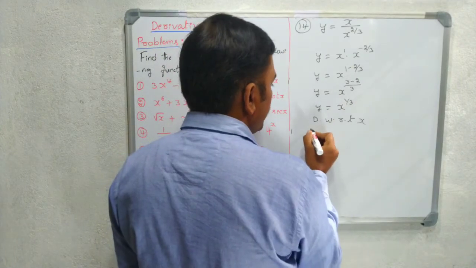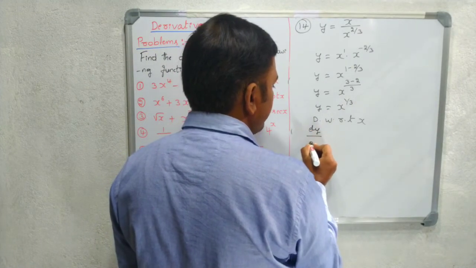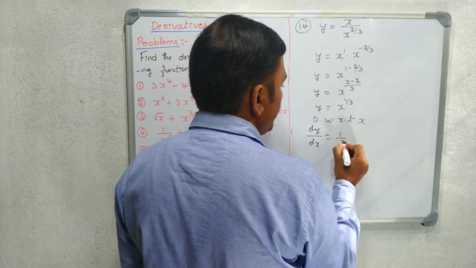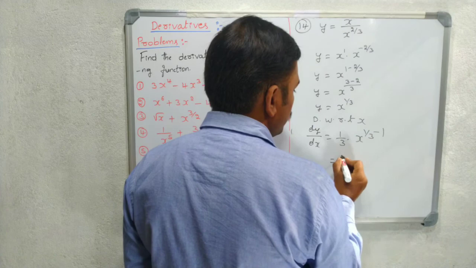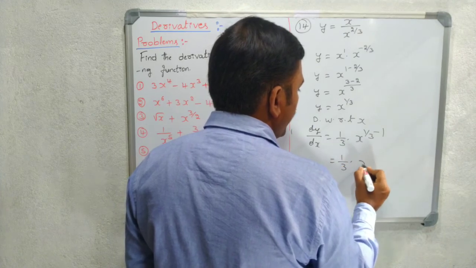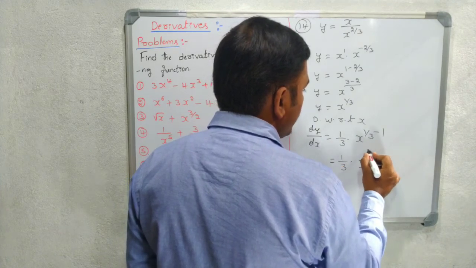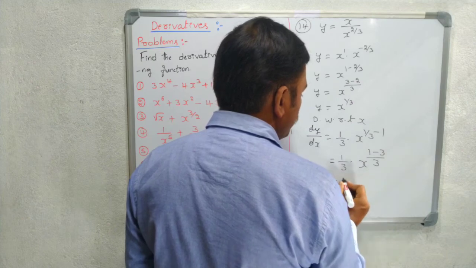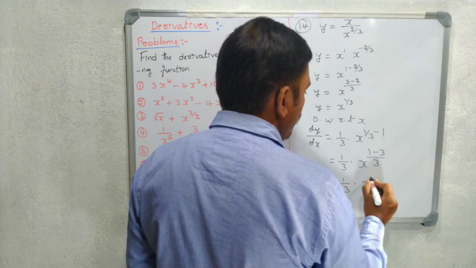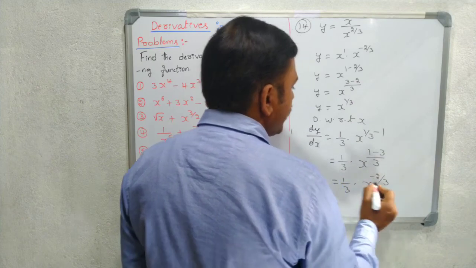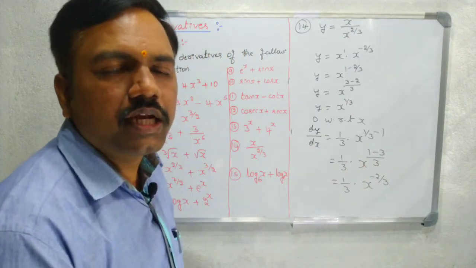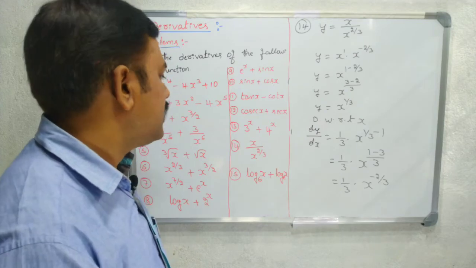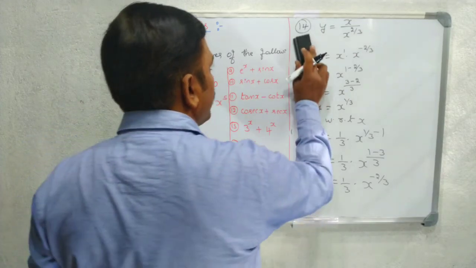ಸೊ ಡಿಫರೆನ್ಶಿಯೇಟ್ ಮಾಡಿದ್ರೆ ದಟ್ ಗಿವ್ಸ್ dy by dx is equal to 1 by 3 into x to the power of 1 by 3 minus 1. So that is 1 by 3 into x to the power of, take LCM, that is 3, 1 minus 3. That gives 1 by 3 into x to the power of minus 2 by 3 is the answer. ನಿಮಗೆ ಇದು ಬೇಕಂದ್ರೆ ಇದನ್ನ ಡಿನಾಮಿನೇಟರ್ ತಗೊಳ್ಬಹುದು. ಅರ್ಥ ಆಗ್ತಾ ಇದೆ ನಾನು ಹೇಳ್ತಿರೋದು? ಸೊ is the answer. Next one, 15th one,